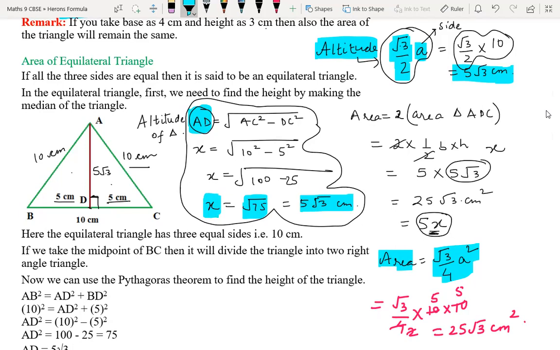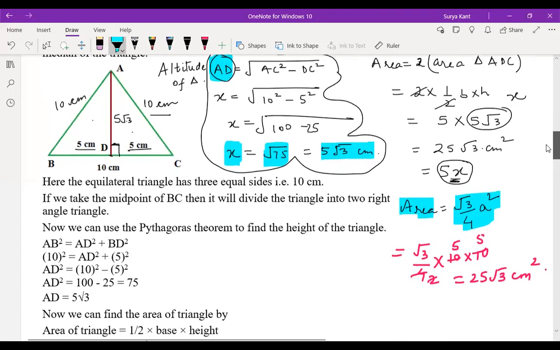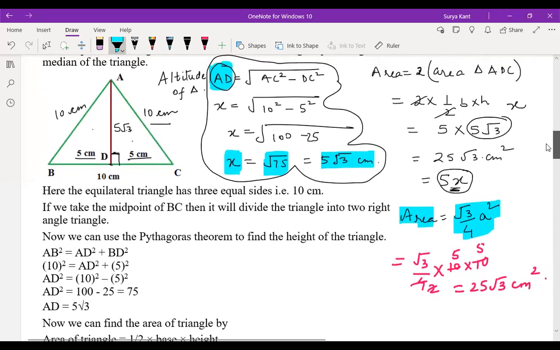So why am I writing 75? Are you having doubts, Sai Charan? No, sir, he got confused that AD, so you wrote that AD equals root 75, right? The answer told that AD square equals 75. No, sir, I did not see that it was AD square. I thought it was only AD. Okay, all right, fine.